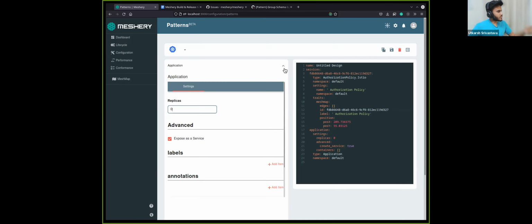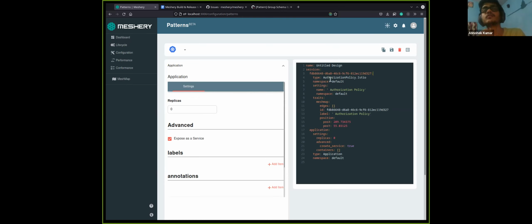Earlier, on line 19 we have something called application, and that's completely fine, that would work just fine. If you would see your cluster, you would have an entity called application. But on line 3, because it's a UUID and it's probably auto generated, if the user wants to customize the name, they will have to add a new field below type or below namespace called name, in which they can type in a custom name of that particular thing, and that name would be reflected in the cluster. This was a new thing that was added to patterns. That was just something I had to point out.